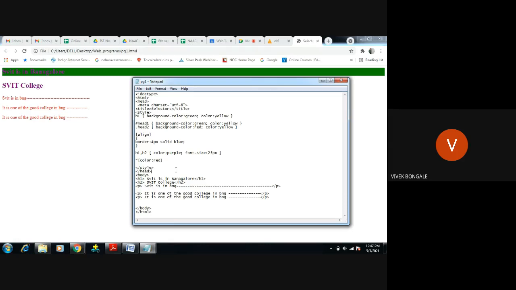Other than that, for other tags which are not under any selector, it will use this CSS rule. This type of standard rule it will apply. That is the universal selector. If I remove this one, just remove this, Control X. Now I will save this.